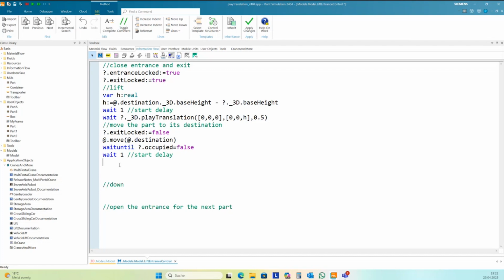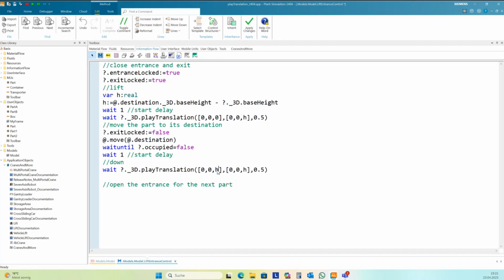And then we need to go down. And this is the same method, plate translation, but the start point is now, we start at the height of the second conveyor and go back to 0.